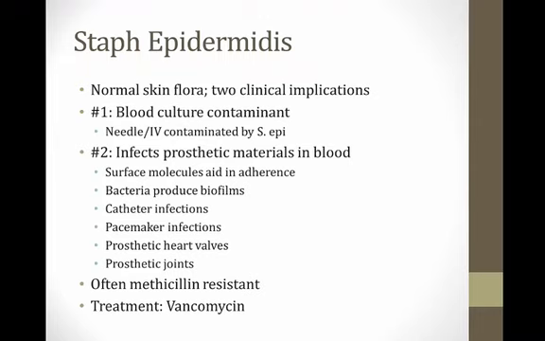Now let's talk about the other two types of staph besides Staph aureus, and we'll start with Staph epidermidis. Staph epidermidis is a normal skin flora. It's found on everyone's skin, and it normally doesn't cause any type of illness except in two clinical situations. The first situation is that it's often a contaminant of blood cultures. So when you draw a blood culture to look for bacteremia, you have to stick a needle into the vein and withdraw some blood and send it to the lab. In sticking that needle into the vein, you will often contaminate the blood culture with Staph epi if you haven't